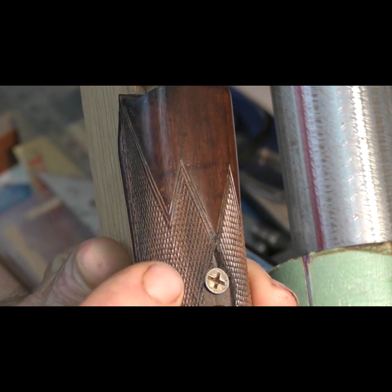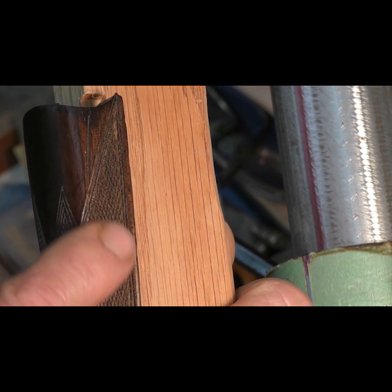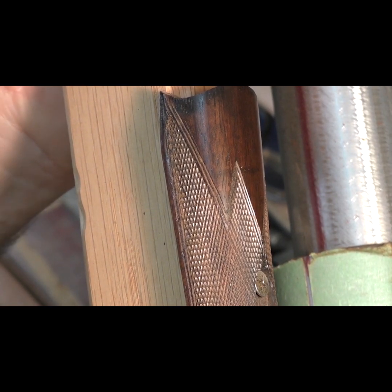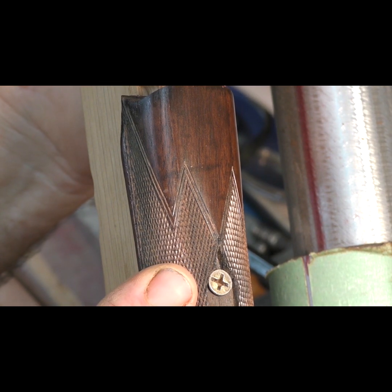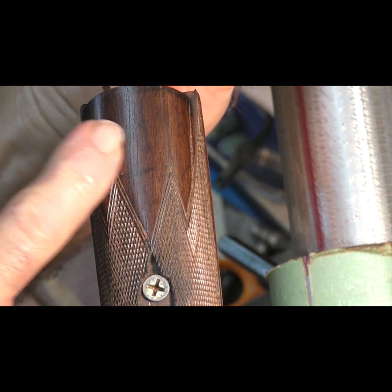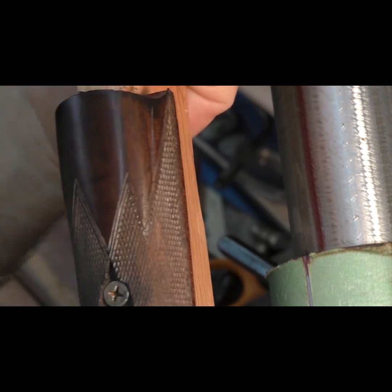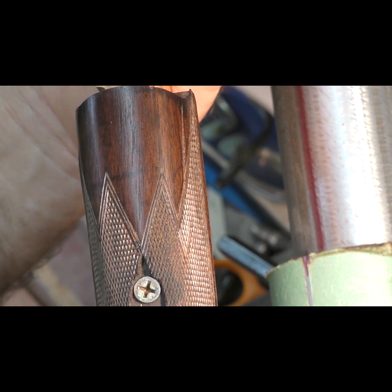I'm not going to checker it any deeper. I'm not going to make these super sharp. You can notice there's just a little bit of a flat spot on top of them. That's all right. The age that this gun is, there's no way that these points would be real sharp anyway. So I'm not going to put any finish in these yet. I'm going to wait until I get the buttstock checkered and get the finish work to where I can match this color and this age. You can see the little scars and scratches and things like that here and there. I've got to age that buttstock to match this, and so